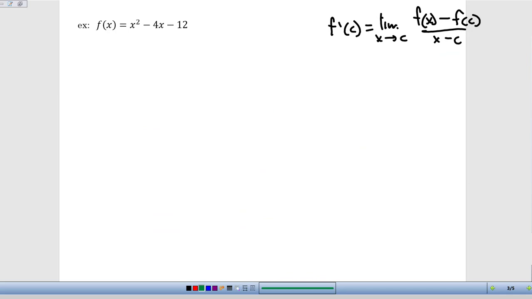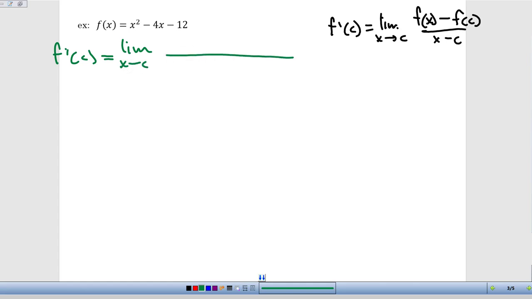So here's another function that we already found the formula for the derivative. You can take a look at our notes to see what that formula was. But we're going to find it using this new technique, the f of c approach. So we've got f prime of x, the first derivative, is equal to the limit as x approaches c of